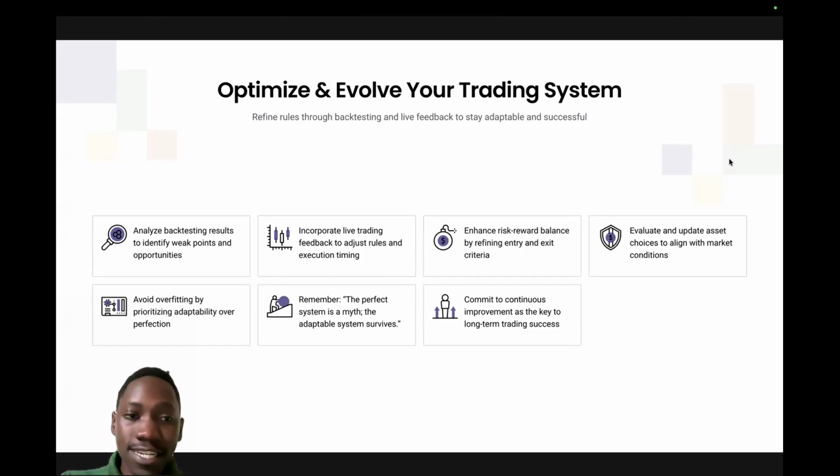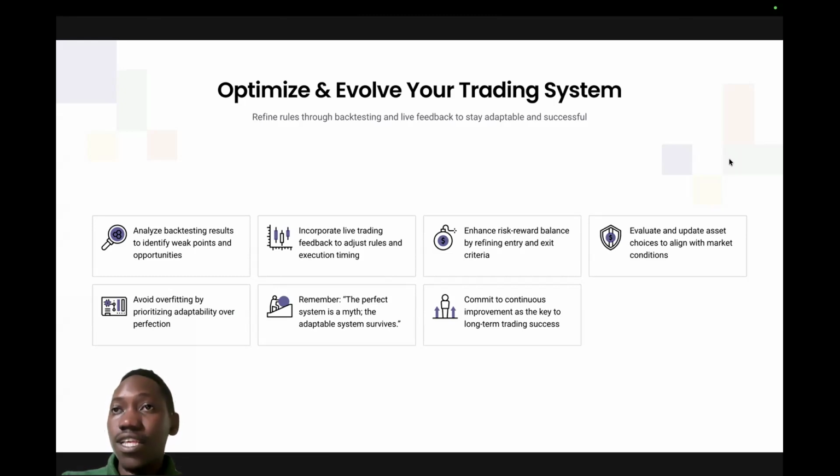So analyze back-tested results and identify weak points and opportunities. Incorporate live trading feedback and adjust rules and execution timing. Enhance risk-reward basing on refined entries and exits. Then evaluate and update asset choices and align with market conditions. Avoid overfitting by prioritizing adaptability over perfection. Remember, the perfect system is a myth. The adaptable system survives. Adaptable means you're willing to change and evolve based on the new things you've learned